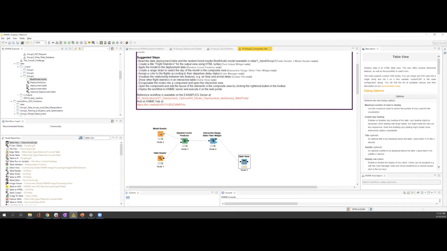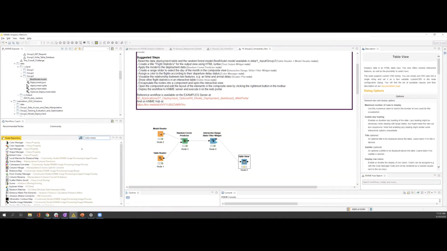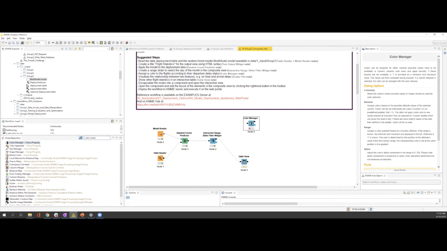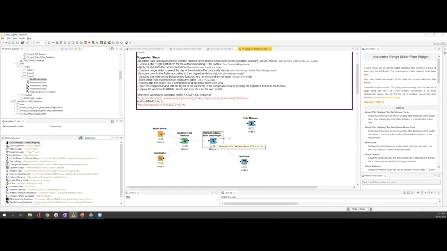And now what we're going to do is to check again the suggested steps. We're going to use the color manager and then the scatter plot to actually visualize the scatter plot and color the flights according to their departure delay status. So first use the color manager. We drag and drop it to the canvas. We connect it with the interactive range slider filter widget node, and then